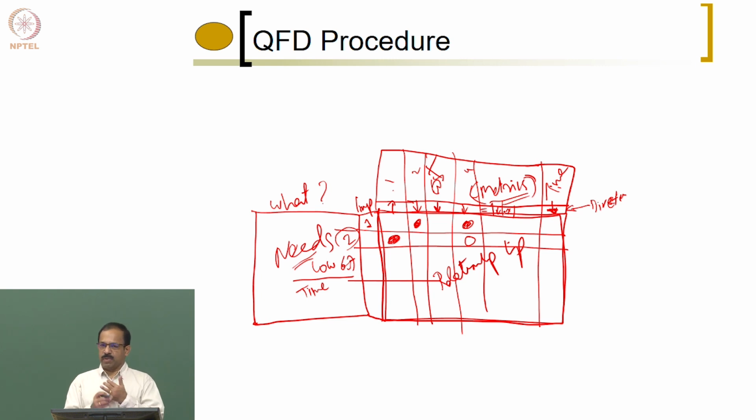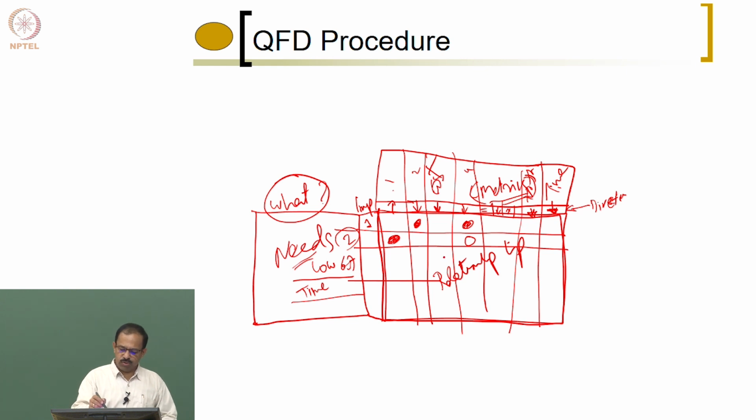Time to assemble, we know that the time has to be reduced. Similarly, you have the number of tools. The number of tools will be a metric which can be identified here, and that also has to be reduced. So we put an arrow saying that, okay, this has to be reduced. Now, this is what is to be achieved and this is how to achieve it, and in what direction you should change to achieve this is done here, and how they are related is done here.